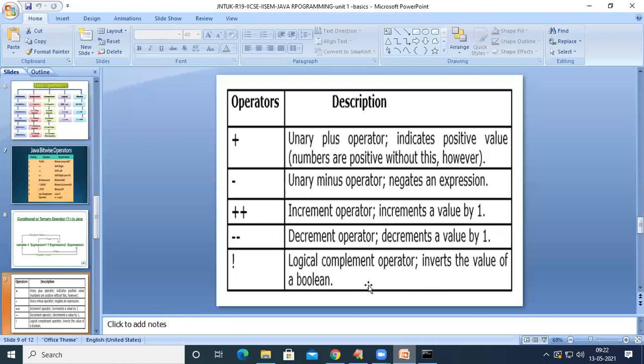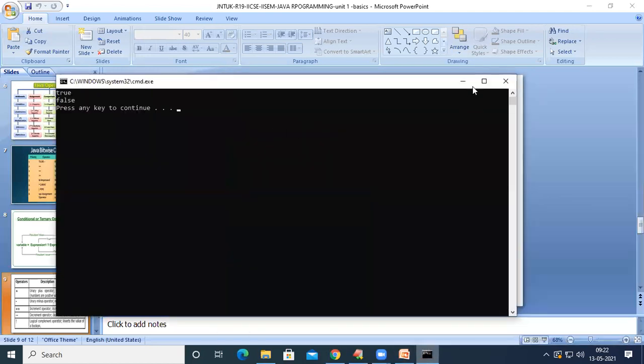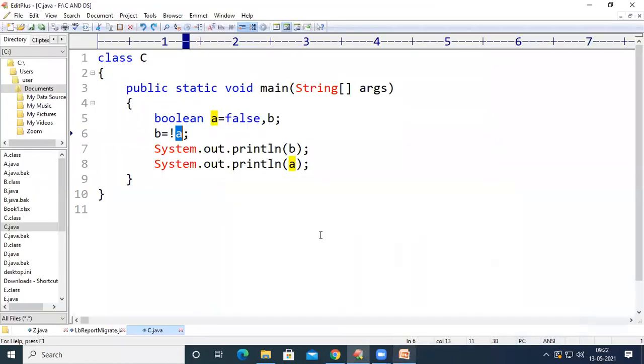So it cannot be used with integers, or floating point numbers, or some other things. It can only be used with the Boolean data types. When we use this with Boolean data types, the value inside that variable will get inverted. So when we take true here, it will become false when we use this exclamation mark before the Boolean variable.